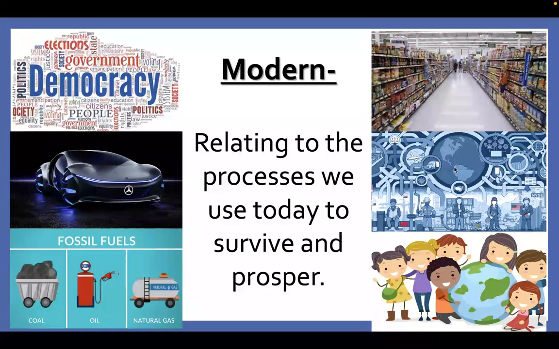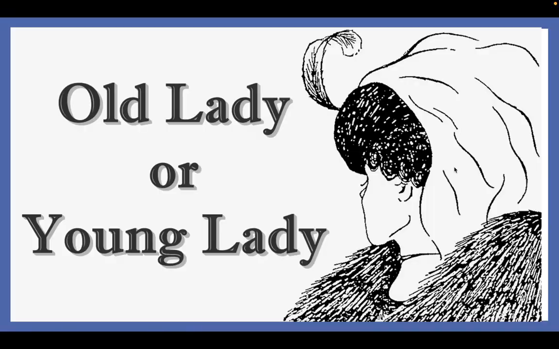When you talk about economics, we're talking about big time globalization. And when we talk about social, this is when we're going to begin to preach equality in gender roles, equality between social classes. So the bottom line is the modern age that begins in 1750 and goes to 1900 sees the development of the modern processes or pieces that we use today to survive and prosper. The second thing would be the empiric worldview.